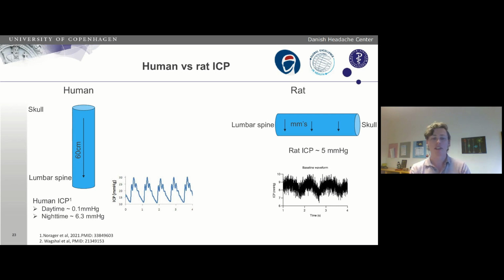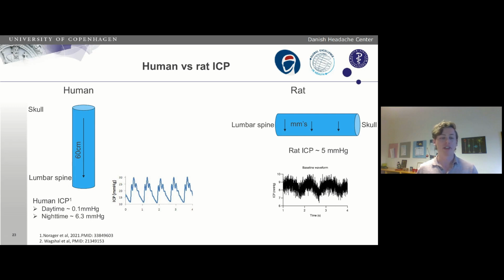So we get some differences depending on how humans are orientated and what the pressure is. In humans, the normal daytime ICP is around 0 millimeters of mercury, whereas in a rat, it's around 5 millimeters of mercury. But at night time in humans, it's increased to around 6 millimeters of mercury, which again,